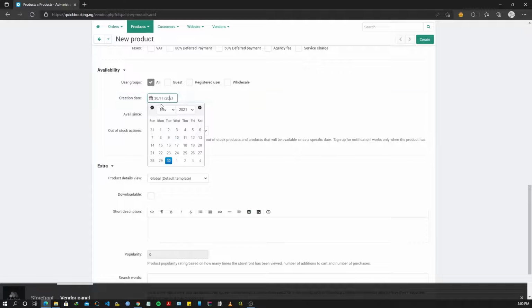This creation date is just the date you created the product. Available since is the date the product was available. Out of stock action. So if the product is out of stock, you can put buy in advance. Buy in advance basically lets the customer buy out of stock products, and products that will be available since a specific date. So if a product will be available on a particular date, or the product is out of stock but you want them to be able to buy it in advance because the product will still be available later, you can put buy in advance here. If you want them to sign up for notification, so